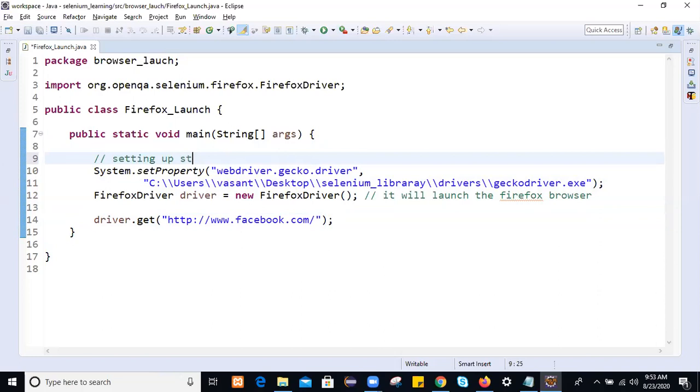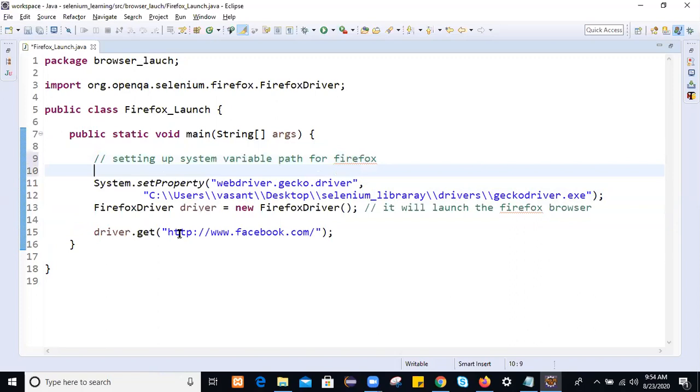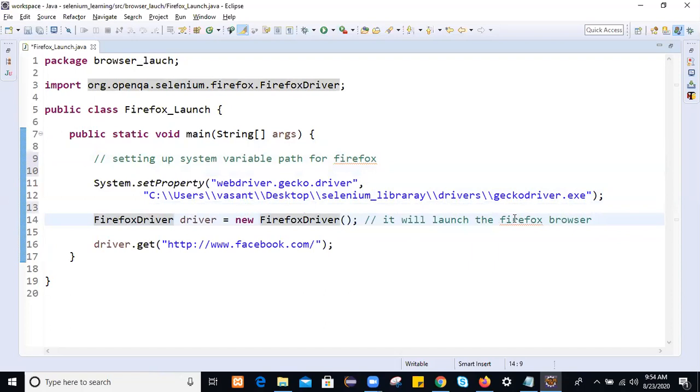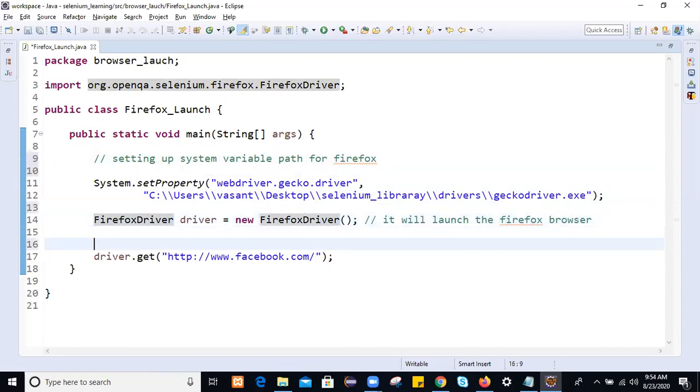This is called setting up the system variable path for Firefox, and the next statement will launch the Firefox browser and navigate to facebook.com.